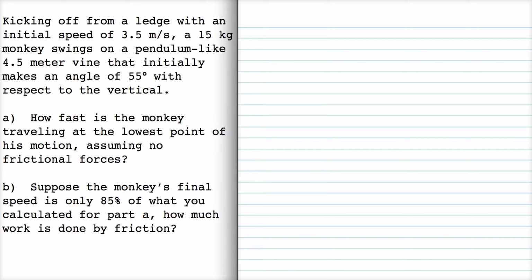This one is a pendulum problem, so we're going to have to use work energy to solve it. I'll start with the diagram. We have a pendulum that makes a 55-degree angle with the vertical. It has a length L, and this length also is L,